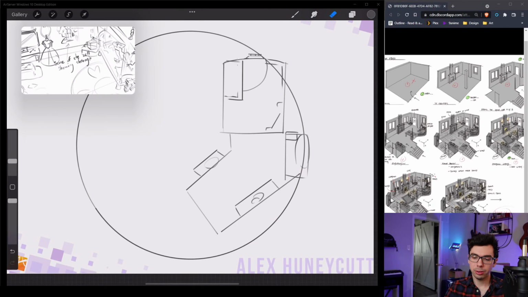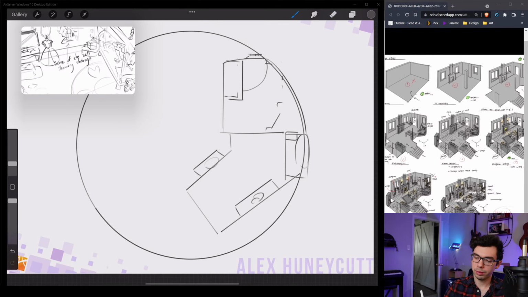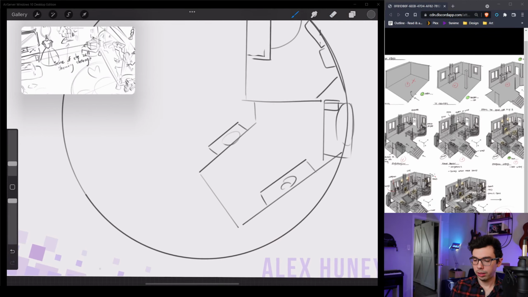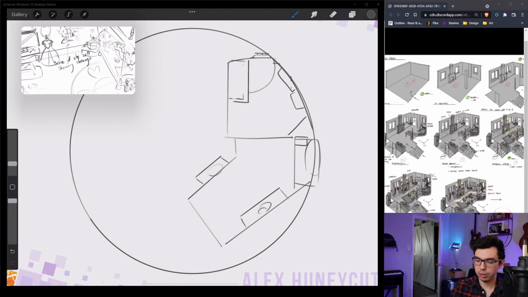What I'm thinking of doing is having this interact with the idea of the tower more. If I'm thinking about the verticality idea, maybe